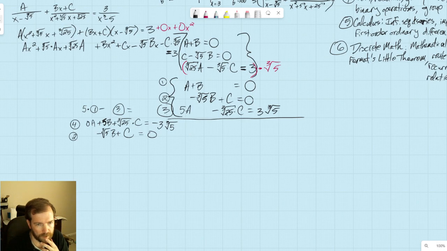So we're going to do equation 4. We need 2 more cube roots here. So this is going to be equation 4 plus, there we go, cube root of 25 times equation 2. Okay, and then that's going to get us, well,